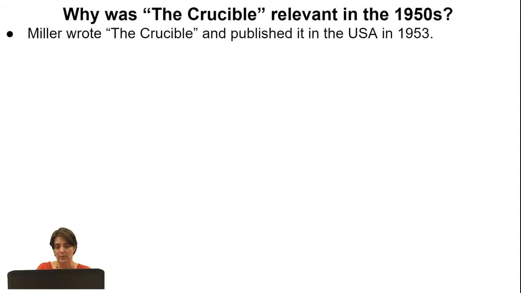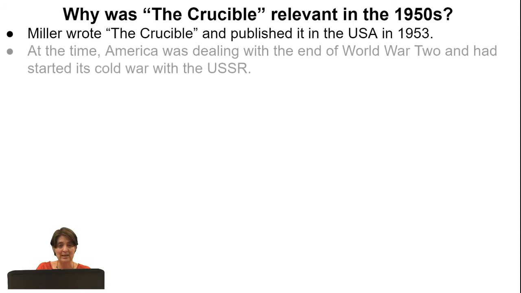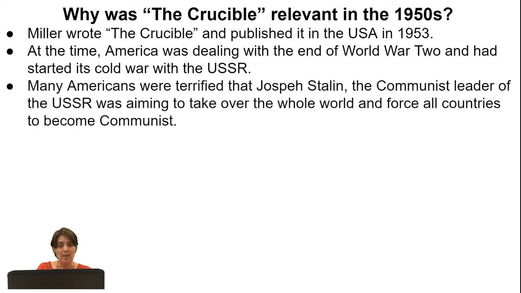Which brings us to why The Crucible was relevant at the time in which Miller wrote it, in the 1950s. So Miller wrote The Crucible and published it in the USA in 1953. At the time, America was dealing with the end of World War II, and it had started its Cold War with the USSR. Many Americans were terrified that Joseph Stalin, who was the communist leader of the USSR, was going to actually take over the entire world, and that he would then force all countries, including the USA, to become